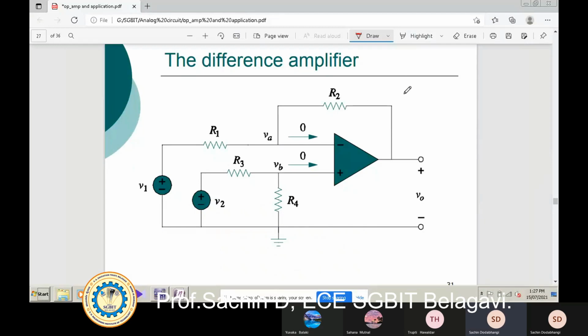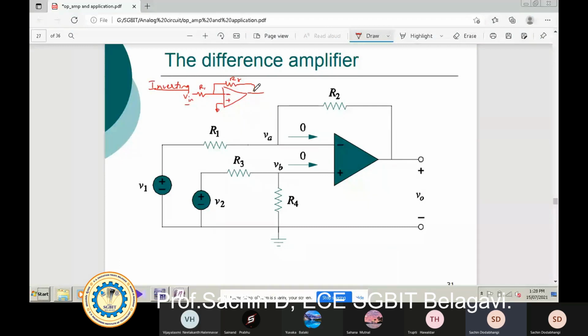So here I will quickly draw an inverting amplifier. This is my op-amp, this is my minus, this is plus. The plus I will ground. For minus, I will give the input voltage V input, and this is my feedback resistor RF, and this is my R1. So this is my inverting amplifier. In an inverting amplifier I am applying the input voltage to the inverting terminal, that is minus. The gain of this amplifier is minus RF divided by R1.